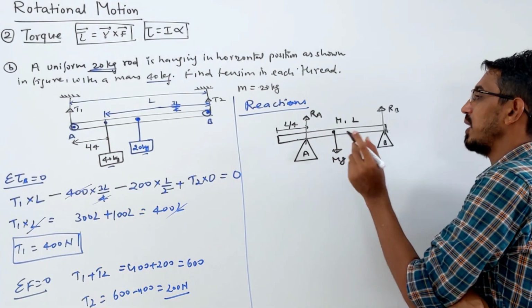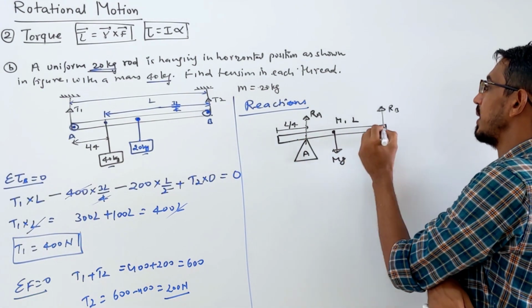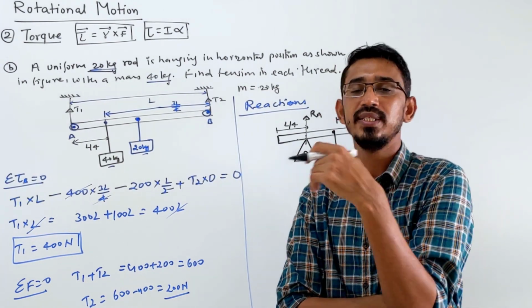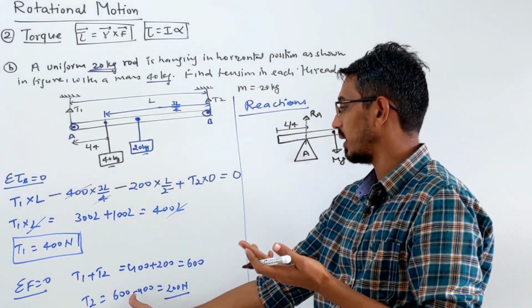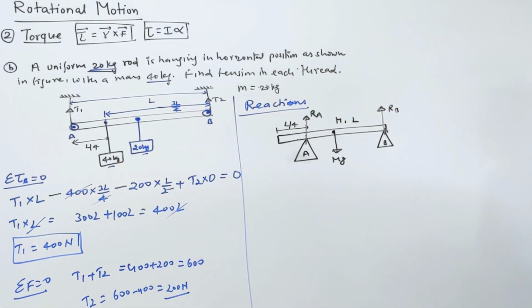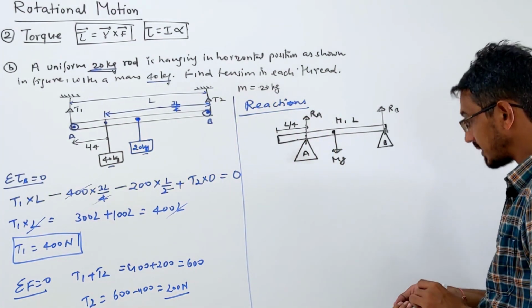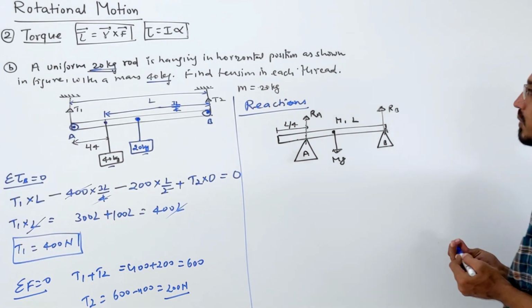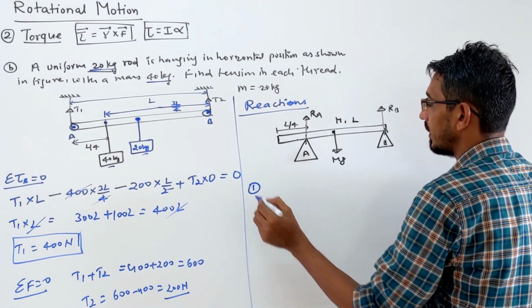That will be mg. In the same way you write the torque. You can choose a point such that one force becomes 0, and you can find the other force. Next, you write the equilibrium of forces, or again you can write torque. So it is the same thing, just from the bottom. Let's take an example for this, calculating reactions.